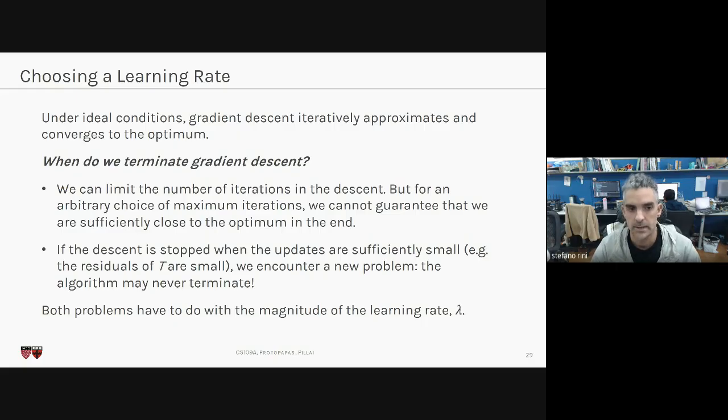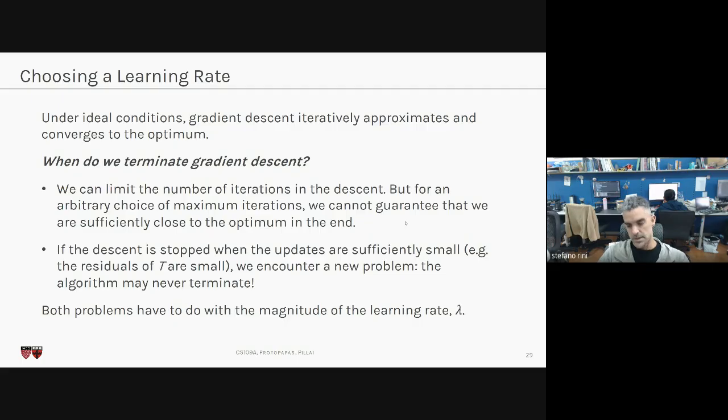When do we terminate gradient descent? We can limit the number of iterations, as we do in gradient descent, and choose the number of models which correspond to the available complexity. But for an arbitrary choice of number of iterations, we cannot guarantee that we are close to the minimum. What we usually do instead is look at the magnitude of the residuals and say, well,